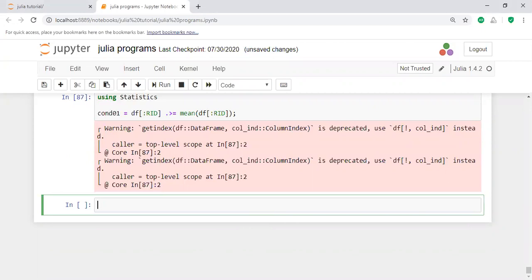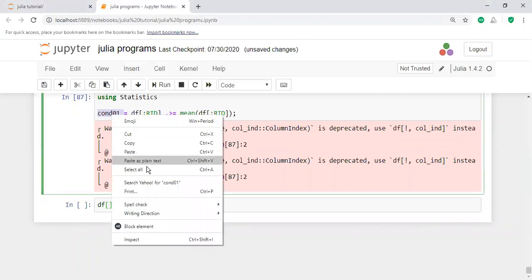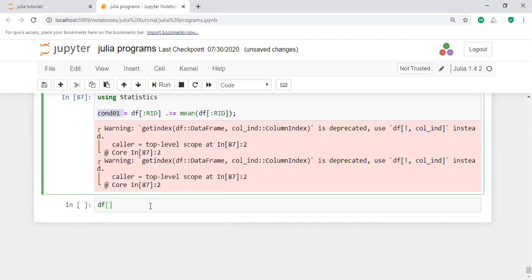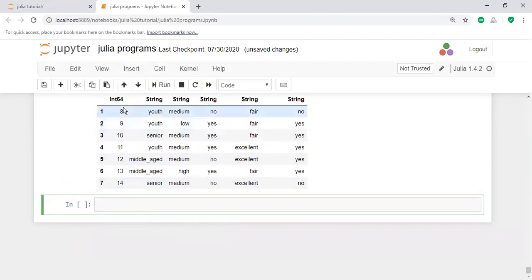For example, it displays information like this: condition 1, comma, colon. All related information, the mean related information.